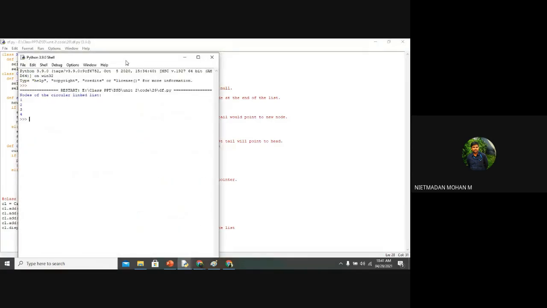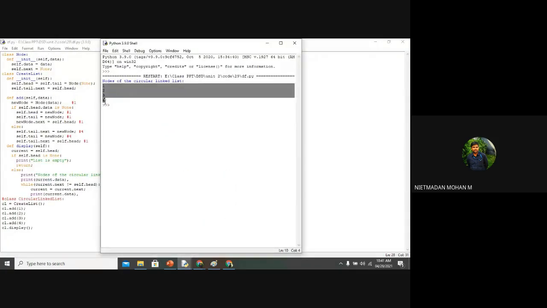So the output will be like this, that is 1, 2, 3, 4. Can you tell me whether the singly linked list output and the circularly linked list output are the same or what?